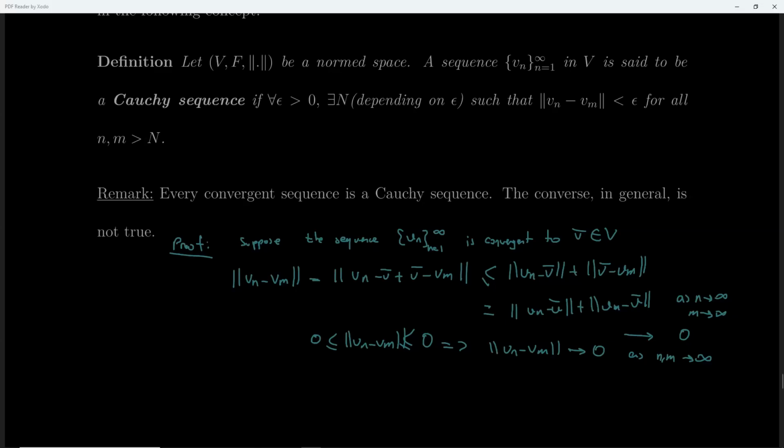So the norm of Vn minus Vm is always greater than or equal to zero. That's the definition of the norm. We also show that as n and m go to infinity, it is less than or equal to zero. And we basically show that as n and m go to infinity, that difference goes to zero. Is that any clearer now? Teşekkür ederim hocam. Perfect. Any other question?